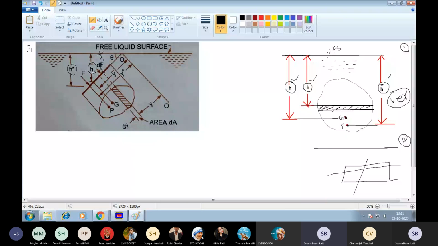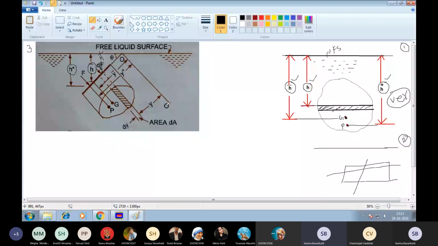Okay, so these are the terms which indicate height h, that is the height of the strip from the free surface of liquid, the height of the center of gravity from the free surface, and the height of the center of pressure from the free surface. Now I have inclined this particular surface. When you make an inclination, that is angle theta, this will become the axis. So now this is the new position, and this axis is taken as the OO axis.